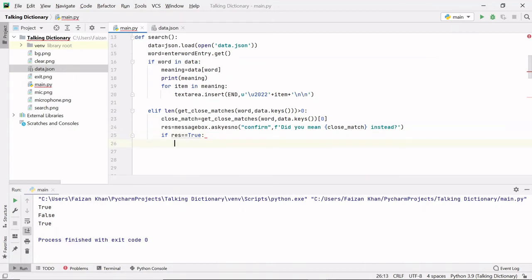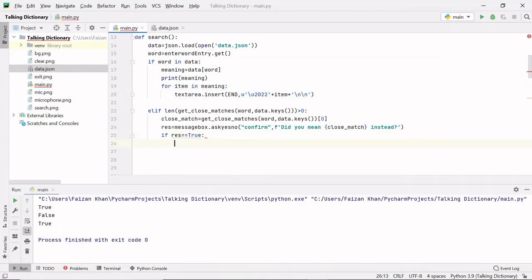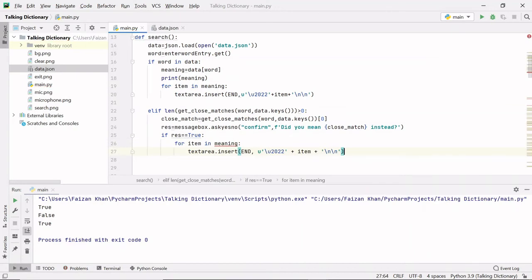So we will insert in the same way like I did here. I will simply copy this code from here and paste it here. It's the same code, right? If res value is true, we'll simply take the word from the meaning.